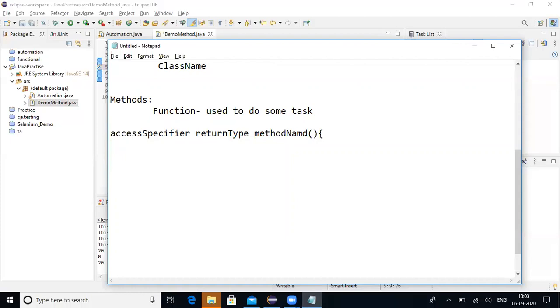It should be opened and closed with braces. Whatever statements you write inside this method will be executed. All the statements should end with a semicolon. So basically a method is used to do some task.